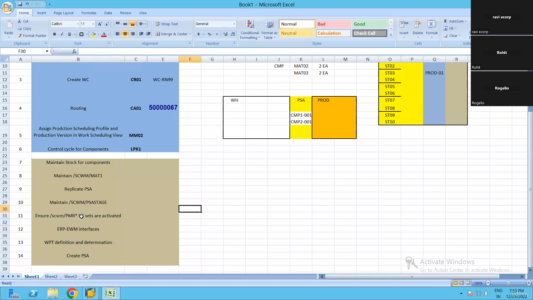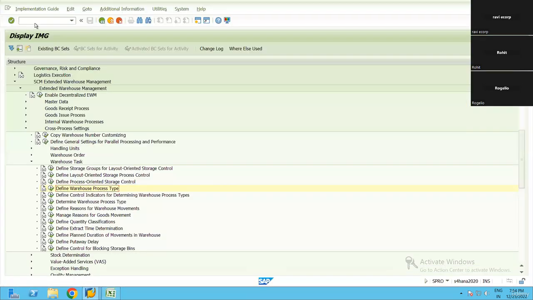Next, once we create the production order in S4, it is getting distributed to EWM, and it is creating a PMR document, right? So for that, first we need to make sure whether the configurations related to PMR are in place or not. What are the configurations related to PMR? We have document types, we have item types, and other related configurations. For that, SAP has given a standard BC set, SAWM PMR star. How to check that